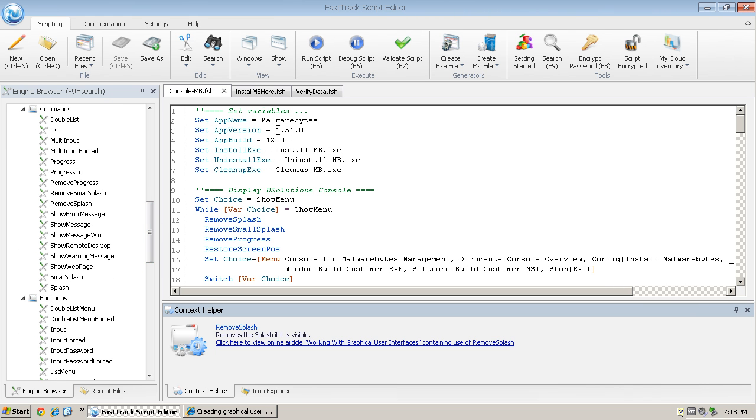But what I'm going to do is use these 3 scripts that you can see in the FastTrack editor on screen at the moment, just to demonstrate some of the capabilities that FastTrack has as a scripting language. So I won't go through these scripts in detail. I'll just execute each one and then we'll come back and have a look at the commands that are being